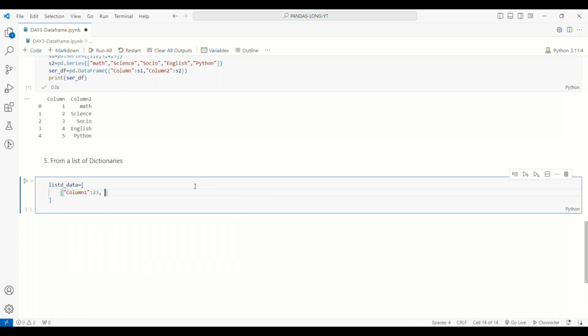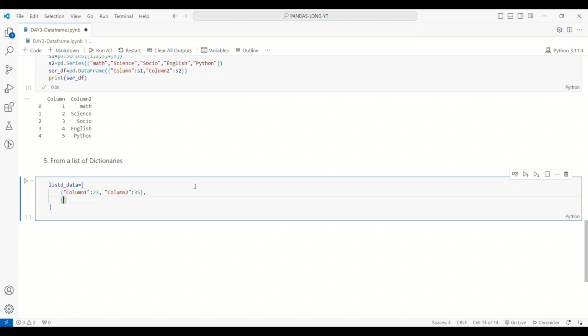I'm going to change some values because column 1 and column 2 are going to be the same throughout my dictionary, because I want 2 columns. If you want more than what is within the first one, you have to change it. You have to basically update it with more values.